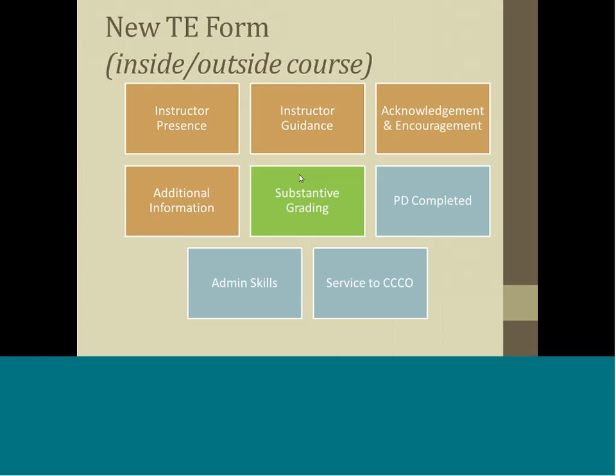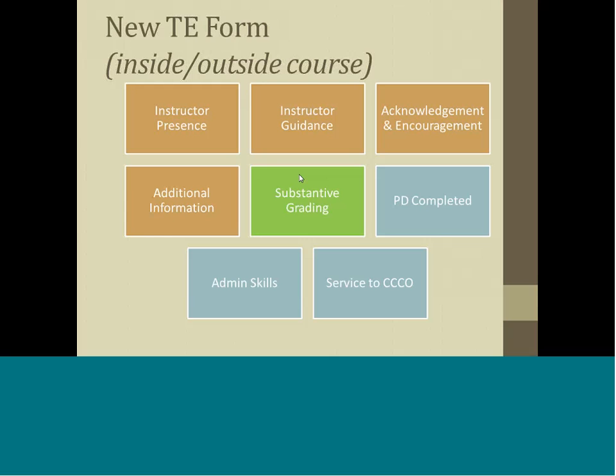So if you look at the next box, the substantive grading, that is something that John has alluded to. The grading is new this fall. That is something that we're adding to the form formally. Now, it may be that chairs have been checking the grading feedback. They've had the ability to do so, but it hasn't been part of any formal evaluation form at CCCOnline, a universal form. And certainly we on the QA team have not ever looked at grading ourselves. So that's something that's new.